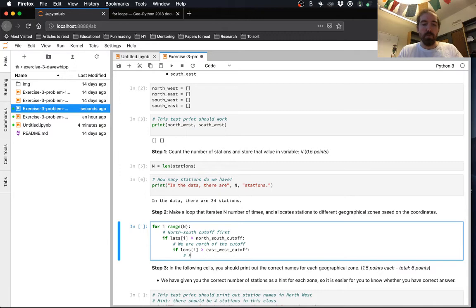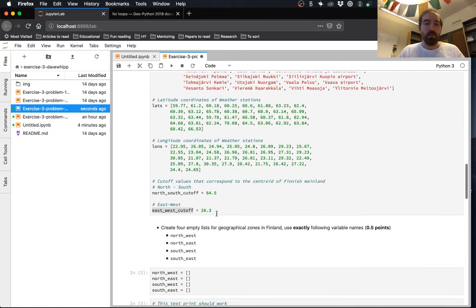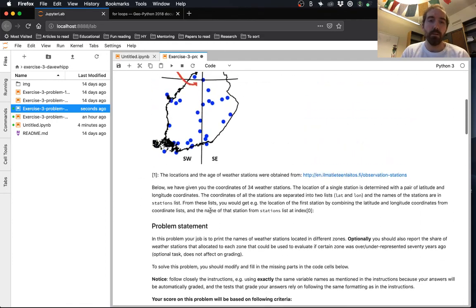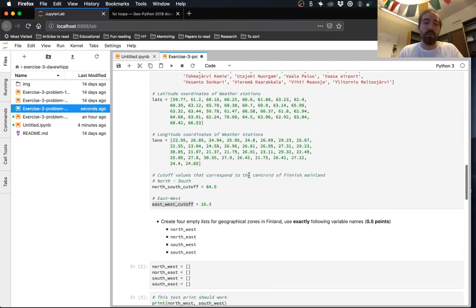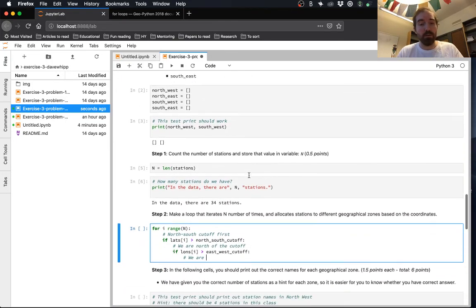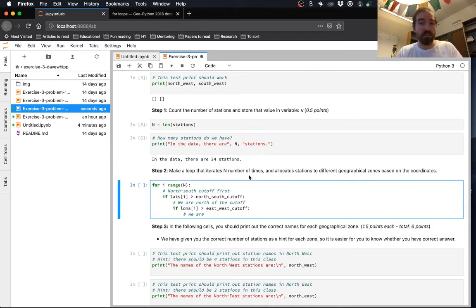Then if our longitude is greater than our east-west cutoff, that means we are to the east of the point of interest. Our longitude is increasing to the east from 0. This is probably turning into a disaster that I'm mixing these up, but we are east of the cutoff.